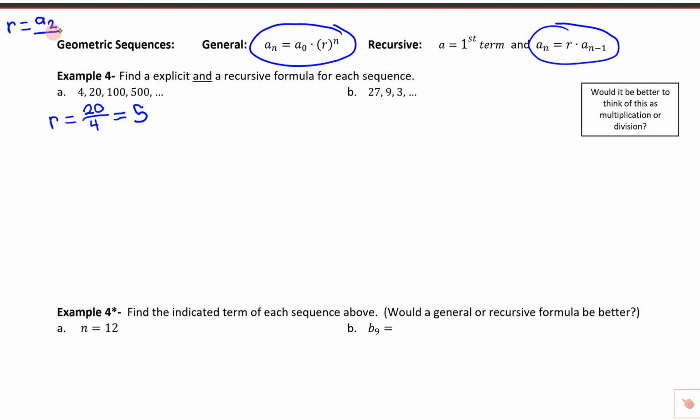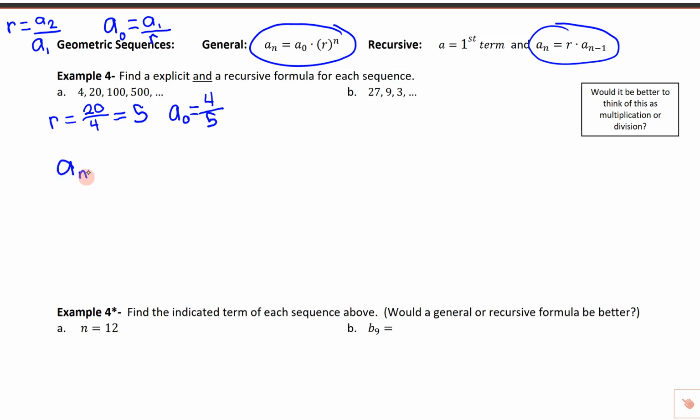You always take the second term and divide by the first term. And then if I need to find a sub 0, remember we're going backwards, so we take the first term and we divide by our ratio. So I need to find r and I need to find a sub 0. So the first term is 4, and rather than multiplying by 5, we need to divide by 5. Okay, I have my r and I have my a sub 0, so now I can come up with my